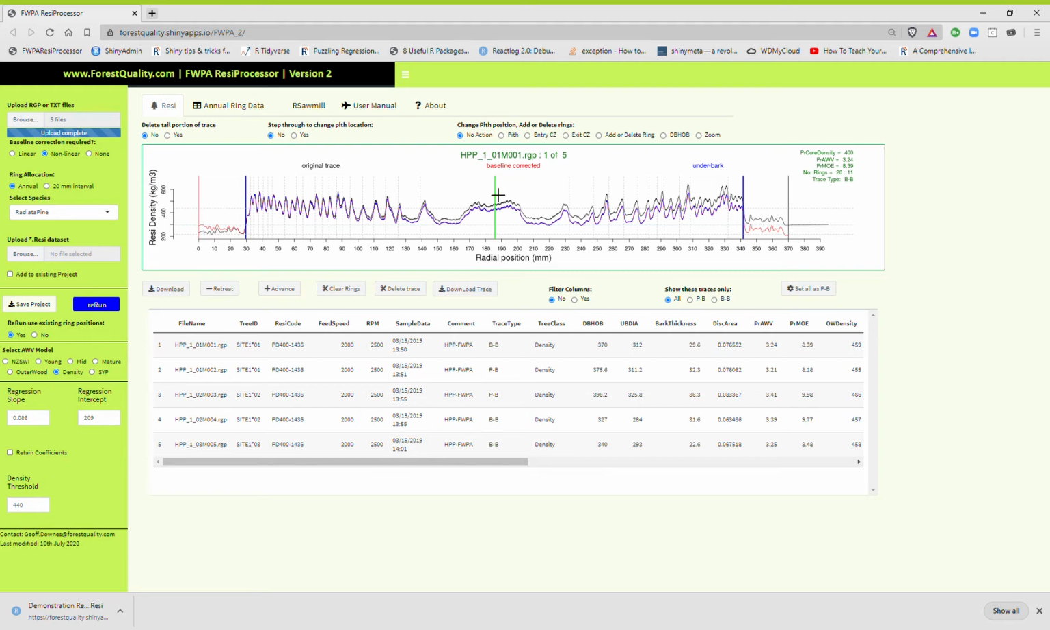When a trace is loaded into the web platform, one of the first things it does is work out what the trace type is. Trace types are either a bark to bark, B-B, or what we call a pith to bark, P-B. The difference between a bark to bark trace and a pith to bark trace is that in a bark to bark trace the software has been able to detect this flat line as the needle has come into the tree, through the cambium, through the wood, past the pith, out the exit radius, and then through the exit bark and